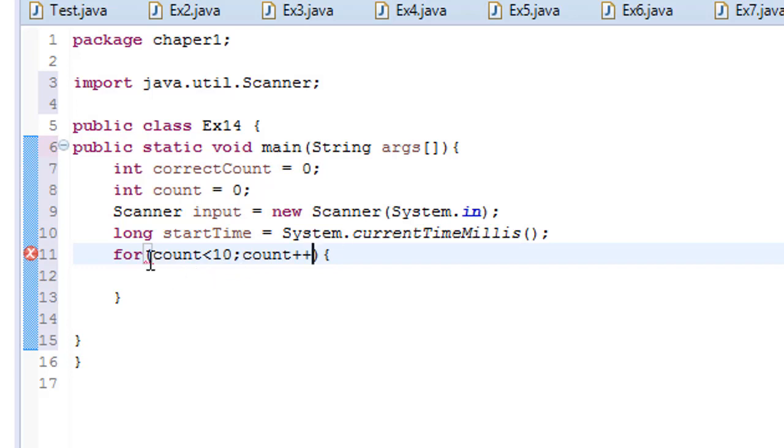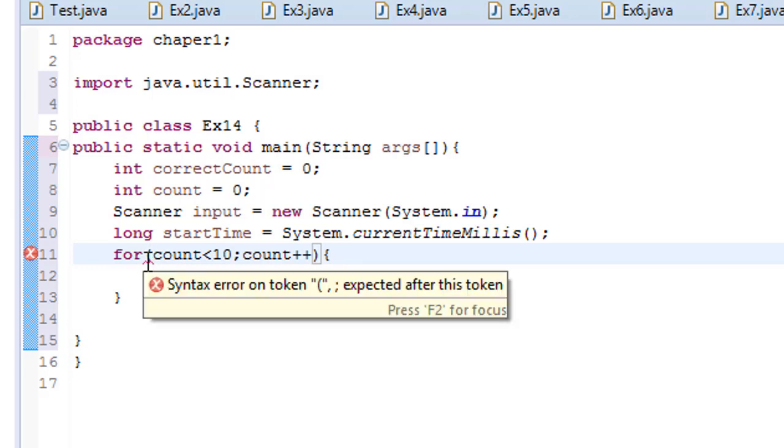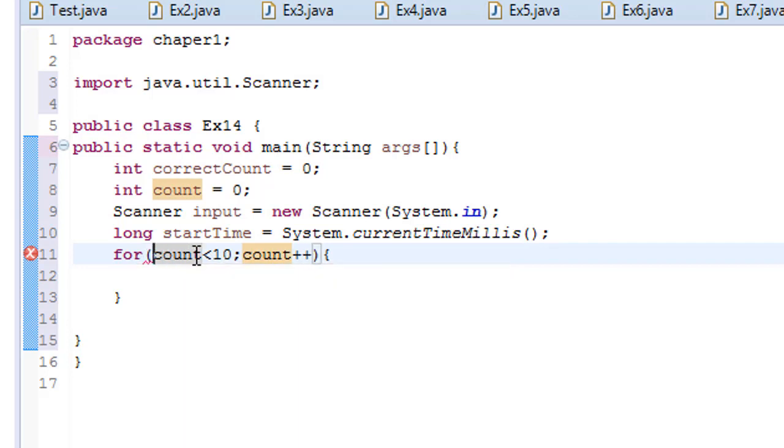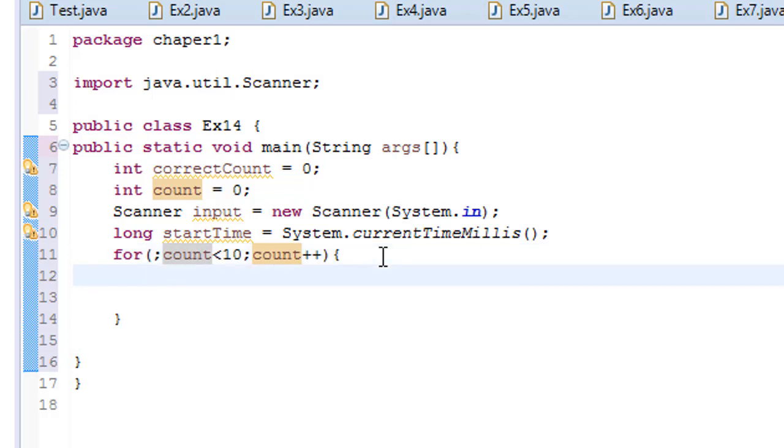See, but the problem here is that this count doesn't allow it, there's a syntax error, token expected after this, so that means we need to add three things. If you don't have them, let me cheat, I can just put a semicolon like this. So now there are three things in this, but you need to understand what you're doing. So here I'm going to add int number